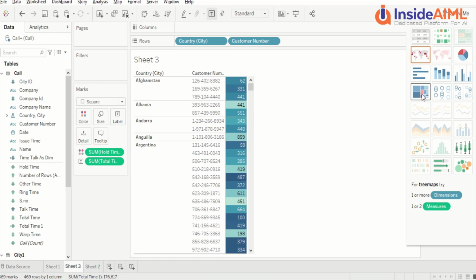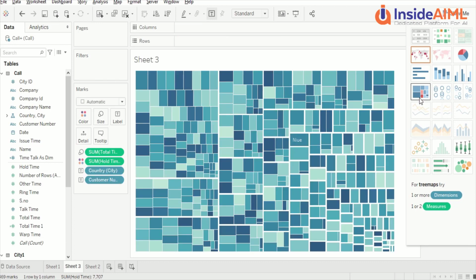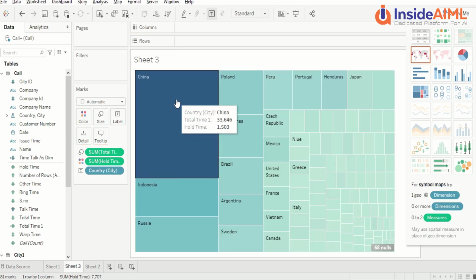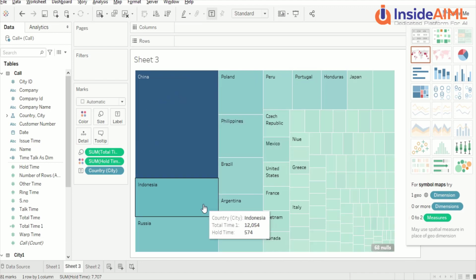Let's look at one more visual. We have already looked at the heat map, so let's look at the tree map. Now in the tree map, this is a pretty busy visual. Let's take customer out from here. Now this seems much better. We have not explored the pie yet, but we will. This is kind of a horizontal pie only, where based on the size you are looking at a pie in a horizontal manner.